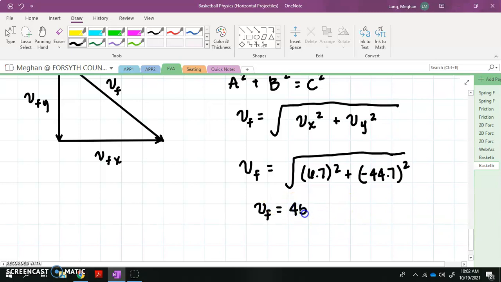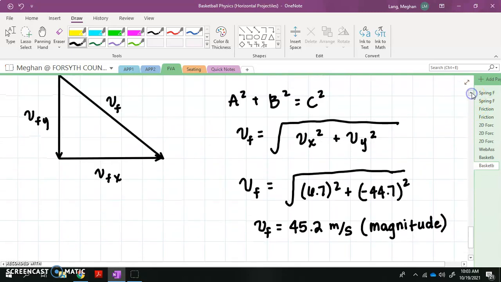45.2 meters per second. Now, that is just the magnitude. So before, our direction was just a positive or a negative. But now I'm moving in the positive x direction, but the negative y direction. So that's not going to work anymore. So now I have to